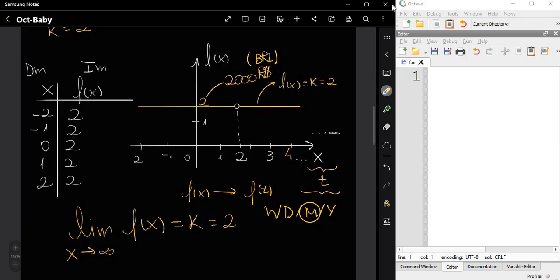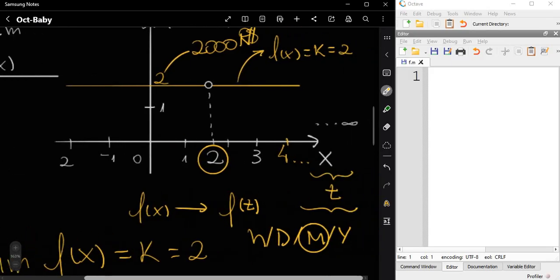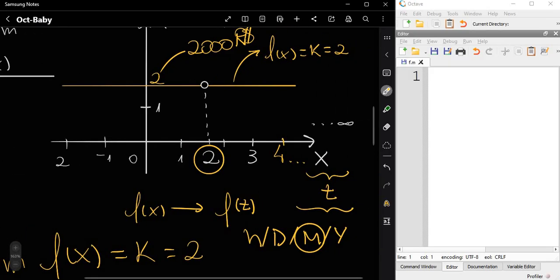But let's say on month 2, for some reason, this fixed income got interrupted, and we can say that by this tiny circle right here, that in functions we say is a discontinuity. So right here is a discontinuity.